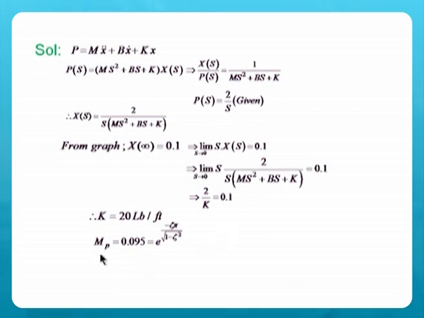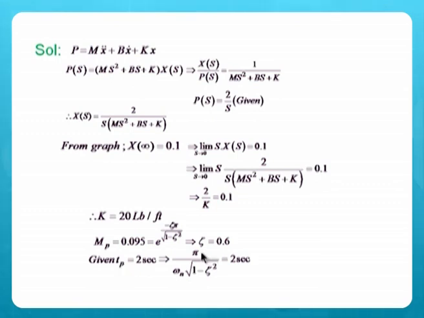Then calculate Mp, because you got zeta, and the peak overshoot of the second order system was given in the graph as 0.095. So you can calculate zeta from this expression, because peak overshoot depends only on zeta, not on omega n. So get zeta by equating peak overshoot to the 0.095 which was given in the graph of this problem. Now peak time also given 2 seconds to reach the highest peak, and the expression for peak time